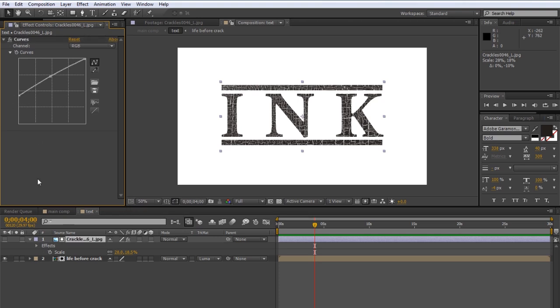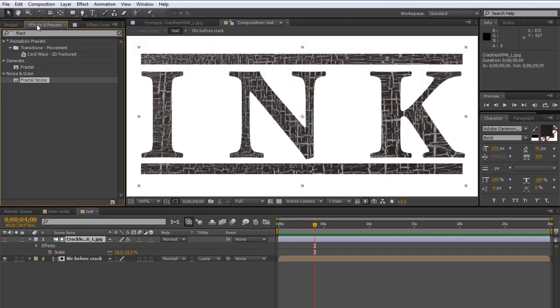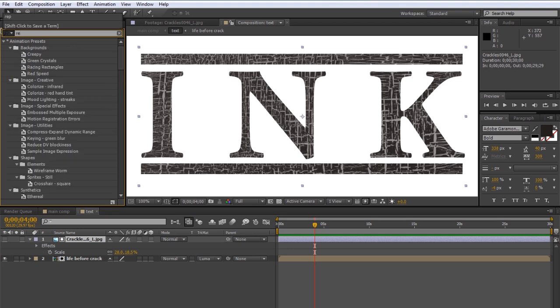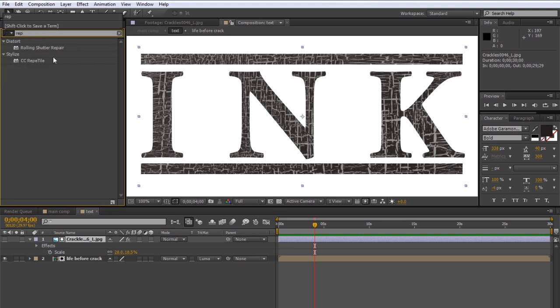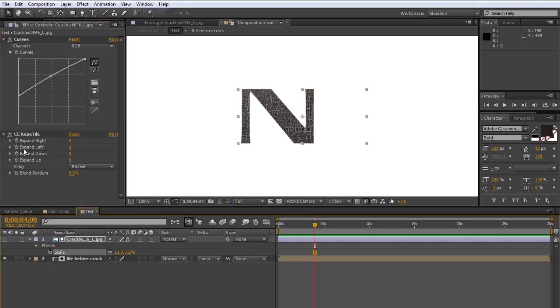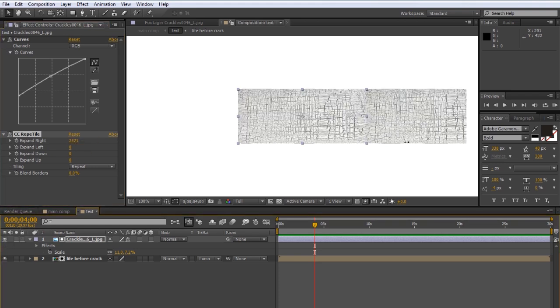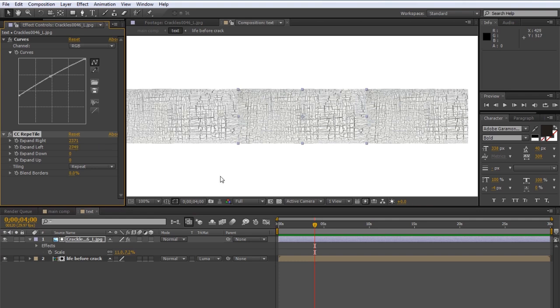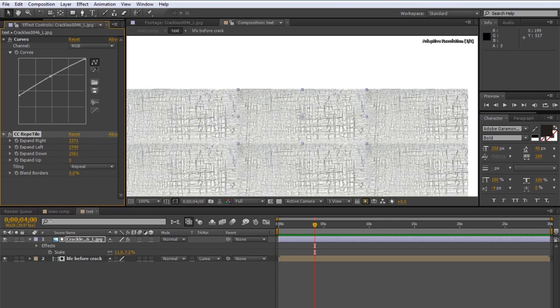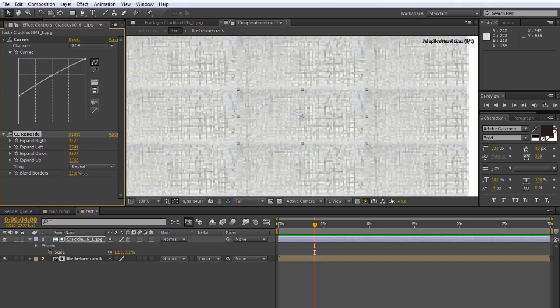Like this. Quick tip, if you wanted to get even smaller cracks, you can go to the effects and type in Reptile, CC Reptile, and you can throw this on here. And we could scale this down even more, like this. And then with the reptile, you can expand it to the right. Let's go ahead and turn this on so we can see it. Expand it to the right, left, down, and up. And then you can also blend the edges